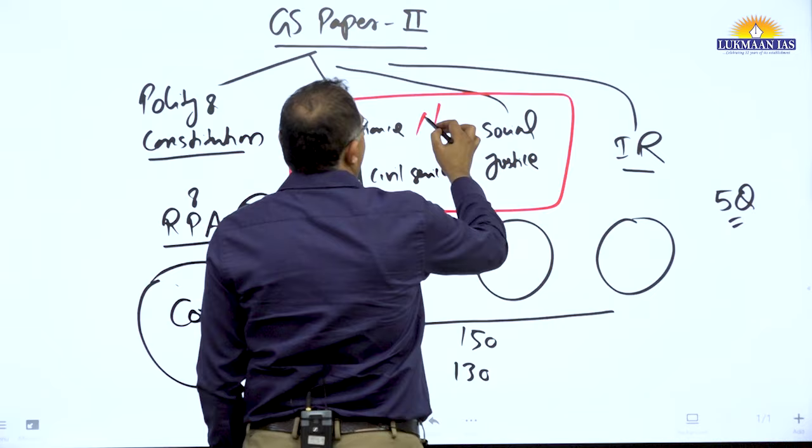The first thing you have to know in this UPSC is called syllabus. Understanding about syllabus is very important, the basics. Depending how you classify it, we can put the Representation of People Act, RPA, in polity and constitution, or it can be kept separately, but it does not matter. It is part of the traditional polity, but they have made it explicit since 2013. Otherwise, it was part and parcel of polity, whether you mention it or not.